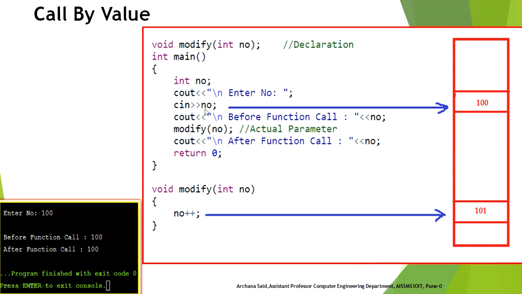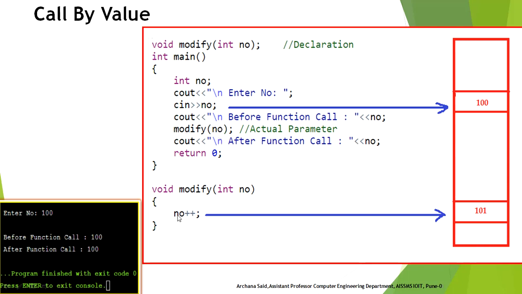Here we have taken the number from the user, let's say 100. So in memory this NO contains 100. We have printed the value before the function call and after the function call to make you identify if we change the value of a variable in the function, whether it is reflected in the calling program or not. This is the sole purpose of printing the value before and after the function call. Here is the function call, and NO which we have taken from the user is passed. This is the syntax for call by value.